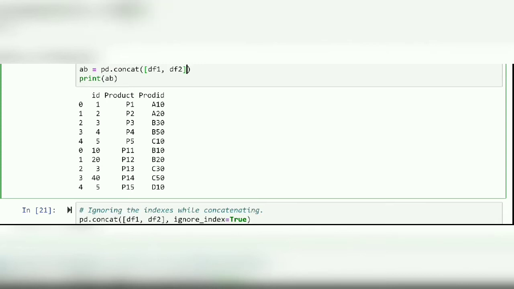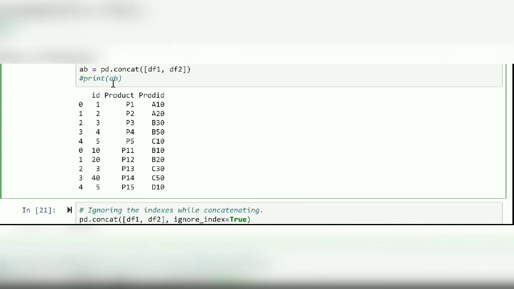Axis equals 0 for index and axis equals 1 for columns. Here I have not passed any parameter for axis, which means that it is concatenating along the index. So as you can see, 0 1 2 3 4 0 1 2 3 4 along an index.